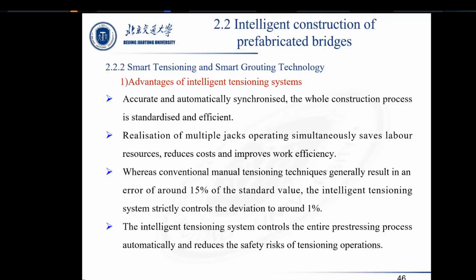And the manual testing process error is normally around 50% of the standard value, while the intelligent test system controls the deviation value to around 100%, improving the quality of pre-stress work. Automatic control of the entire pre-stress process, accurate monitoring of reinforcement in